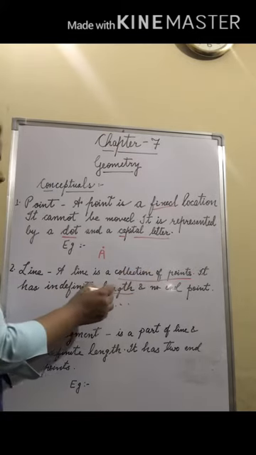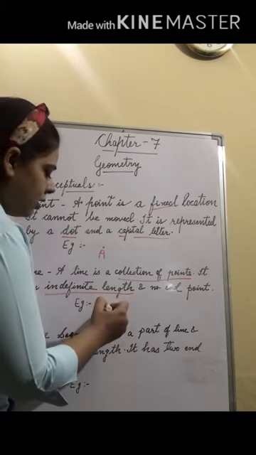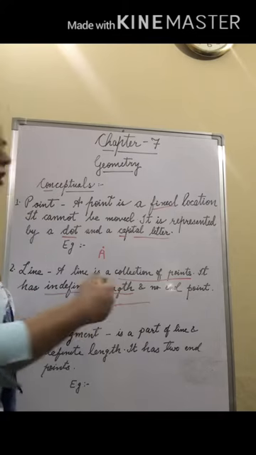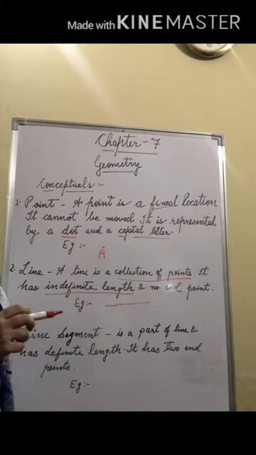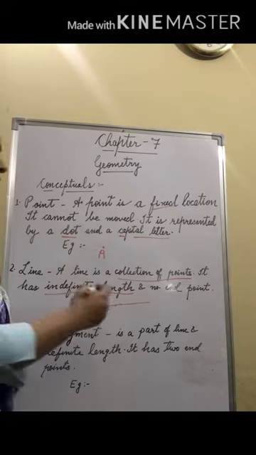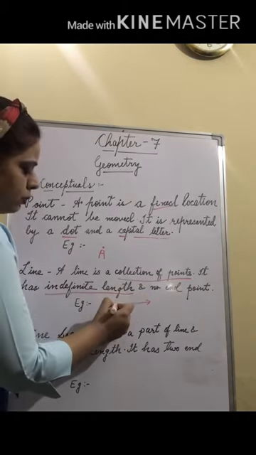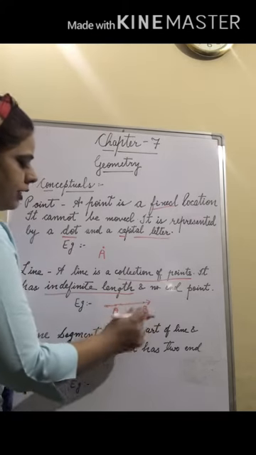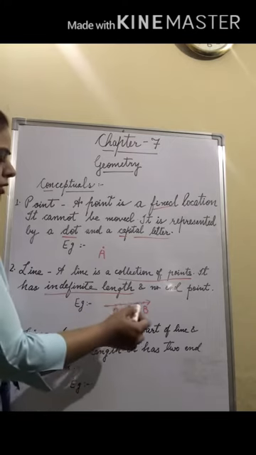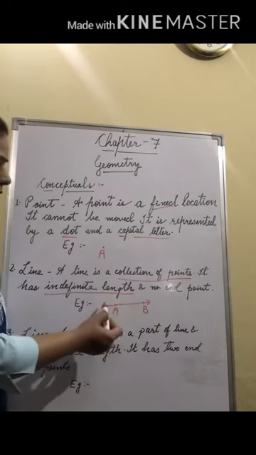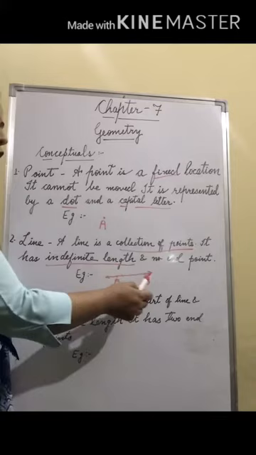It has indefinite length. What does it mean? It means that it can be extended up till anywhere. A line has no end point. We can't measure the thickness of a line. हम लाइन की लेंथ को जितना मर्जी बढ़ा सकते हैं, इसका कोई एंड पॉइंट नहीं होता. Suppose A and B, it is a line. It is a collection of points. एक लाइन पे बहुत सारे पॉइंट्स, जैसे suppose A and B are 2 points on a line and it can be extended in both the directions. It has no end point.